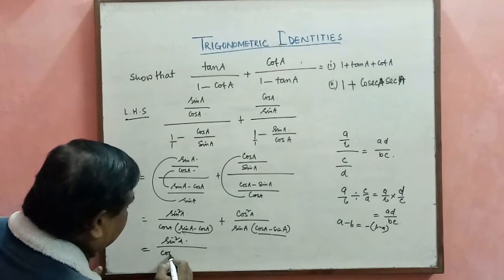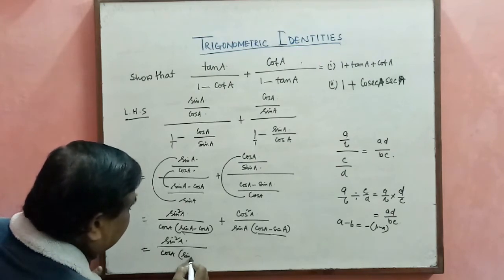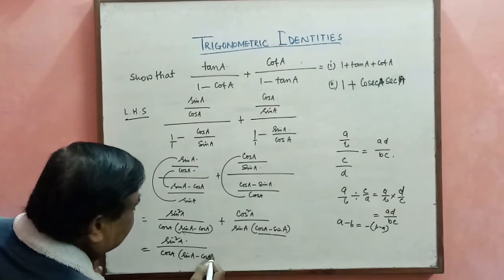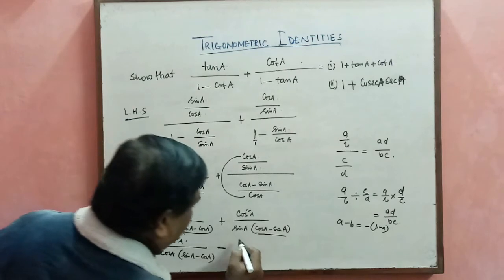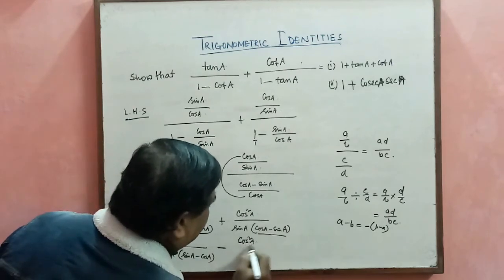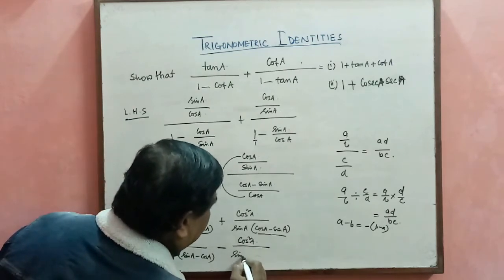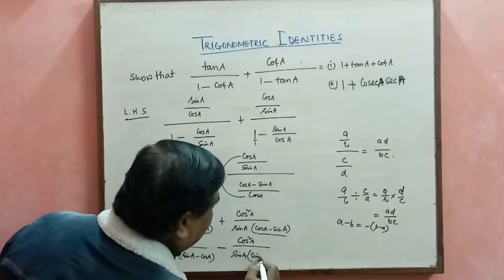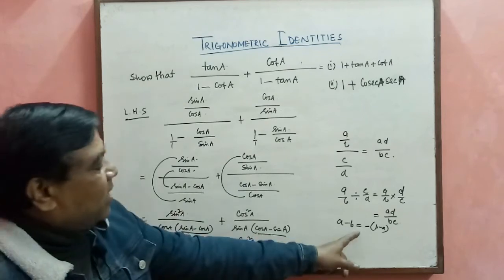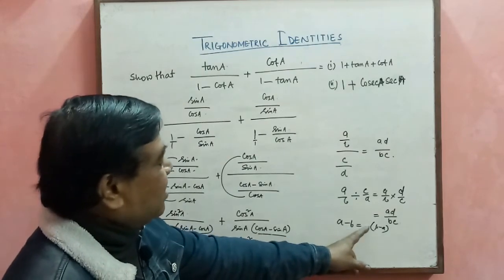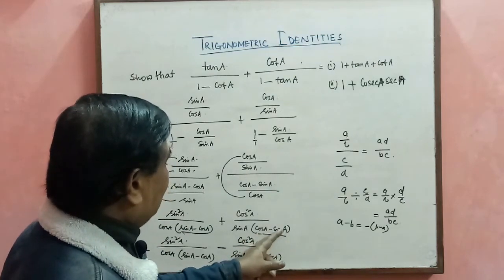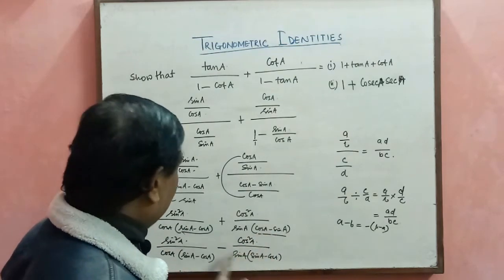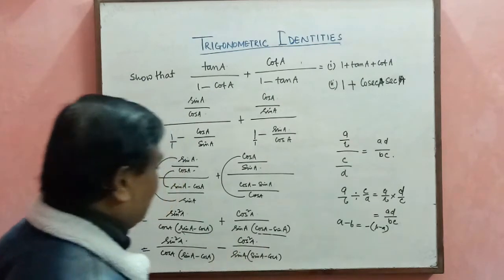This is cos A, sin A minus cos A. This is minus, you put here, I am taking it common from here itself. This is cos square A upon sin A, (sin A minus cos A), because I have changed this one this way. If it is A minus B, I can write minus (B minus A). So obviously cos A minus sin A becomes minus (sin A minus cos A). So minus plus, this is minus.